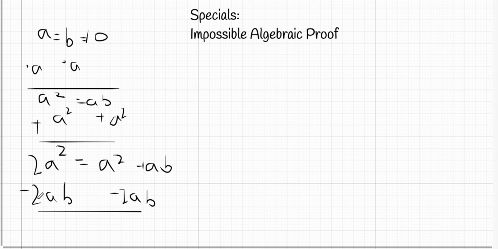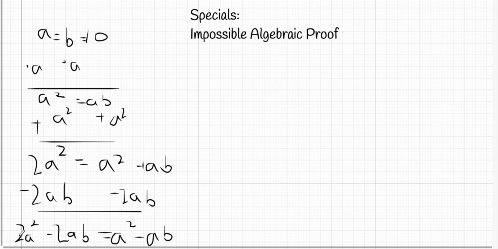in this proof. So we're going to say that 2a squared minus 2ab is equal to a squared, and notice this is just plus ab minus 2ab, so you can combine that to get minus ab. So moving back up here so I have more space, let's factor out stuff from each side